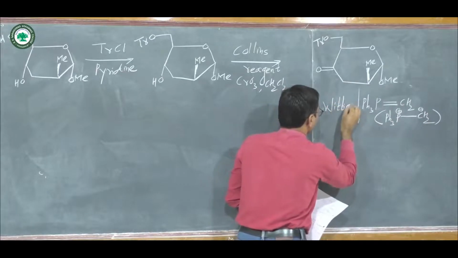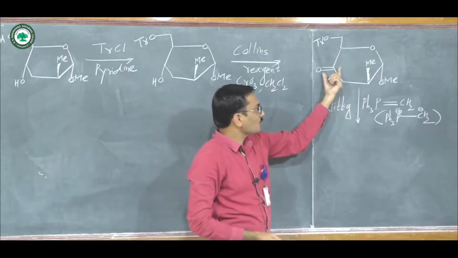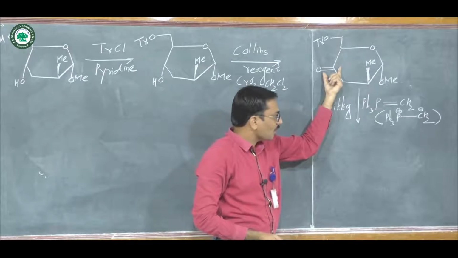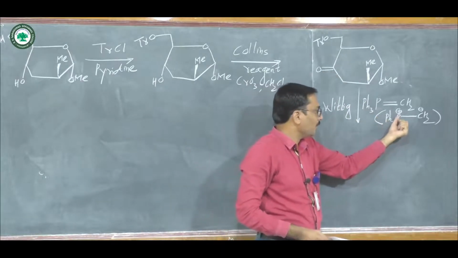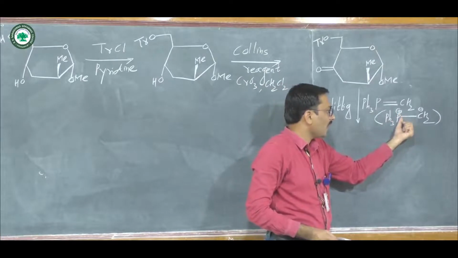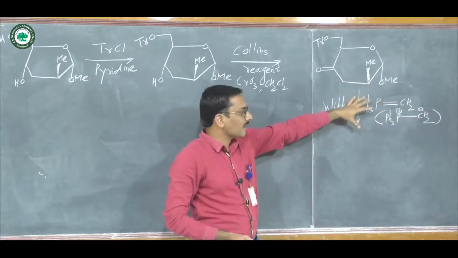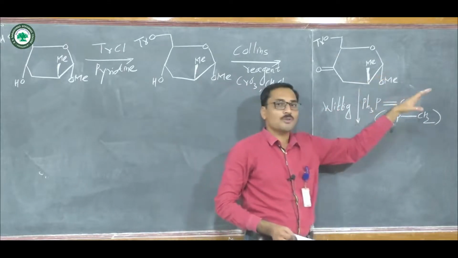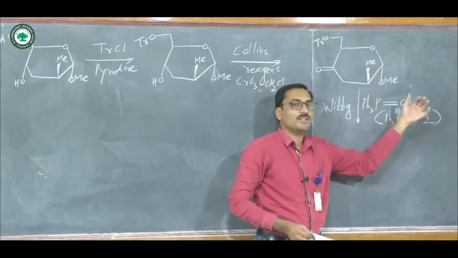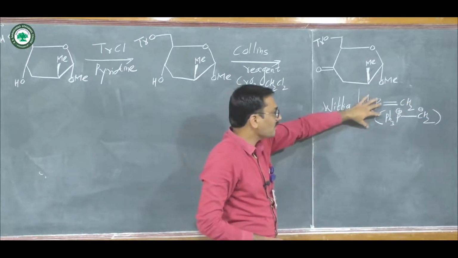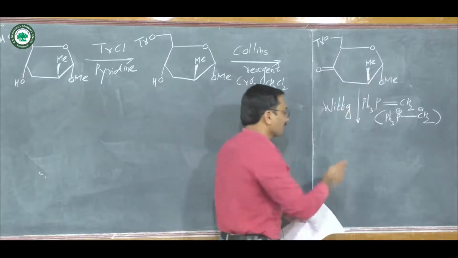Look at the next step. This ketone is allowed to react with Wittig reagent, that is Ph3P positive charge, and that phosphorus atom attached with CH2 minus. So this is an example of the Wittig reaction. This is also an example of an ylide. So in an ylide there is presence of positive and negative charge on adjacent atoms. So this reagent undergoes reaction with the carbonyl group and there is formation of an alkene.